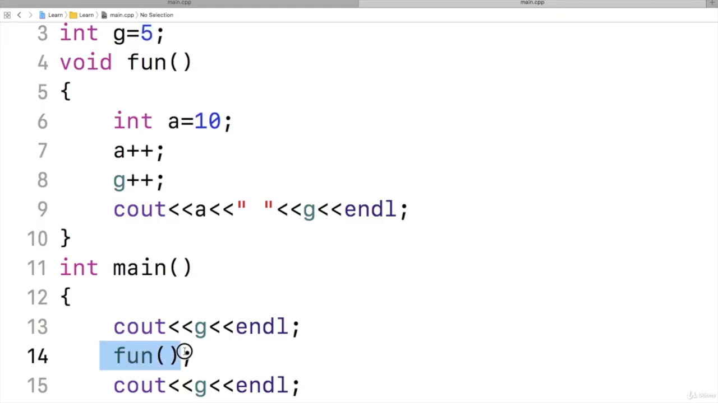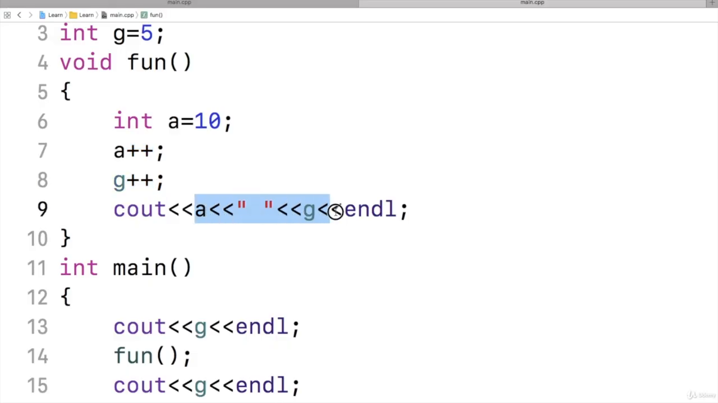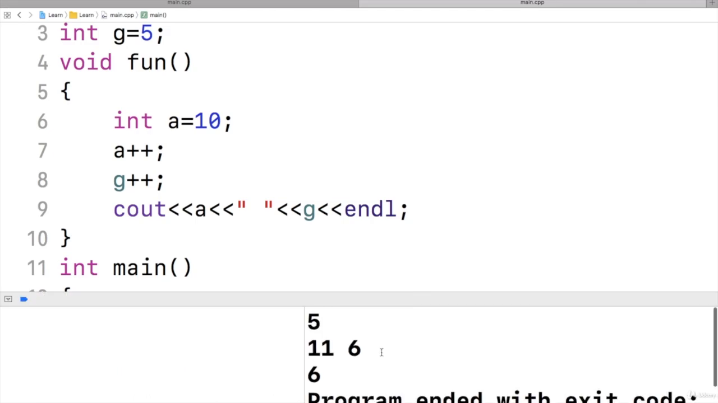Then it will call the function fun. Function fun will have variable a and g. A is increased and g is increased. It should print 11 and 6. Then when the function returns back to the main function, it should display 6. Let us see what results we get. We should get 5 and 11, 6, and then again 6. Yeah. First the value from the main function, then the values printed from function fun, then again the value from